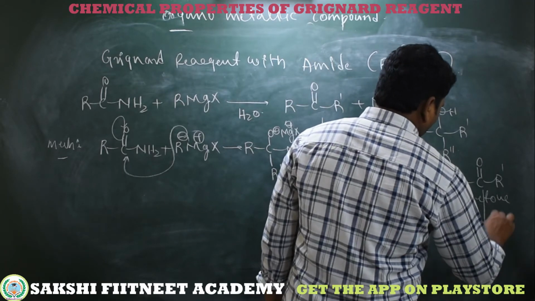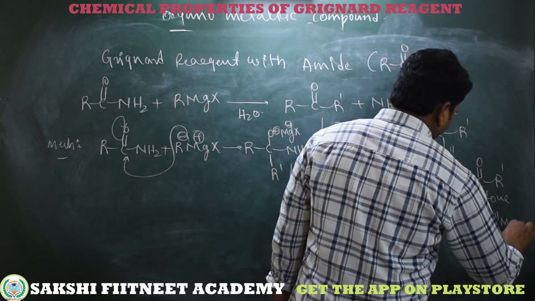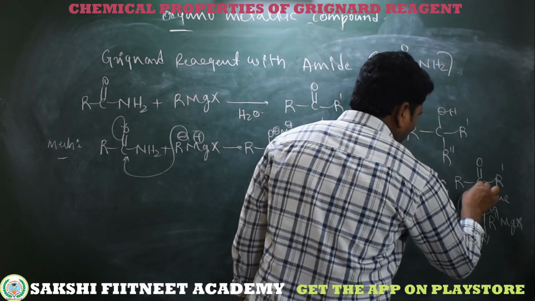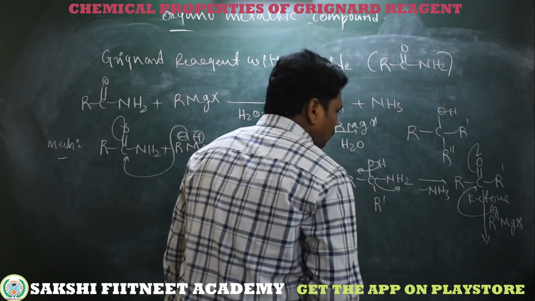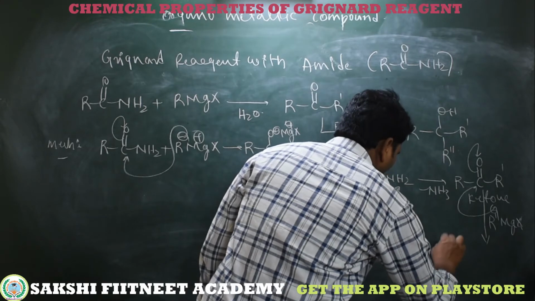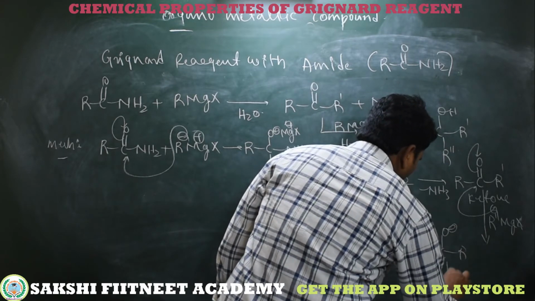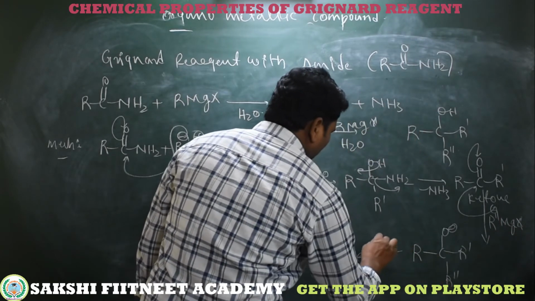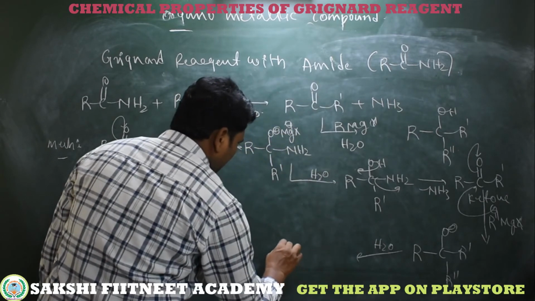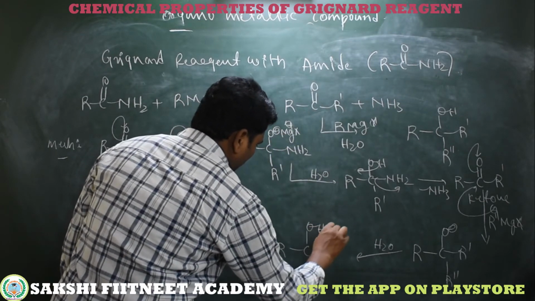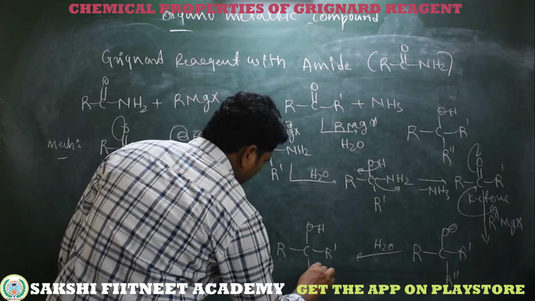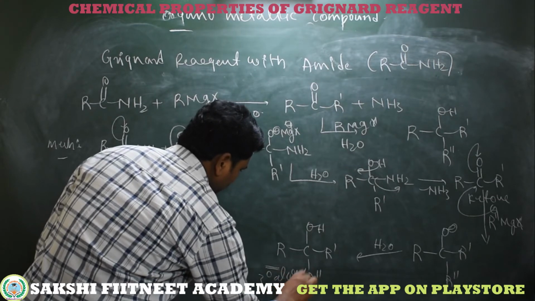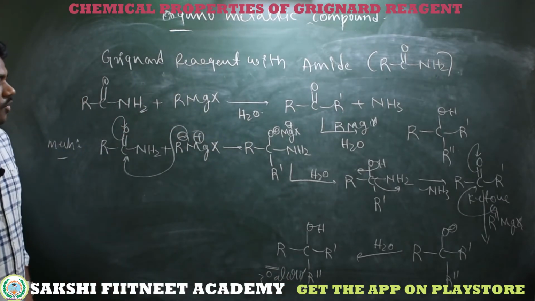So here I am taking one more mole of Grignard reagent, then same, R minus bonds to the carbon and the pi electrons shift to the oxygen, then we will get the intermediate like R O minus, here R double prime, here R prime. So this is from the second Grignard reagent. Following hydrolysis we are getting R OH R prime. So this is a tertiary alcohol we got from the amide. So hope you understand well.